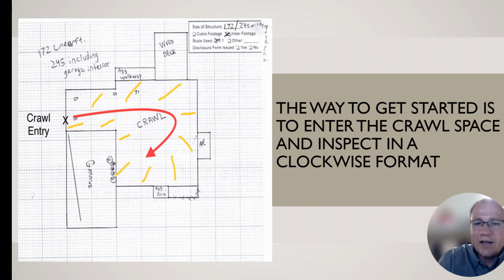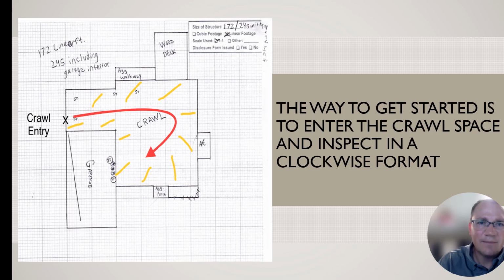do the clockwise format inspection, but keep in mind you're also going to need to write things down when you get out. So you really either got to have a notebook in your pocket, maybe a little notepad, or have a good memory of the things you see, because once you come out of that crawl space, there's going to be a lot to figure out in your mind when you're drawing a diagram and things like that. And you really want to make sure you note everything. And again, take photos as you go, because this will help you doing the inspection and help you draw the